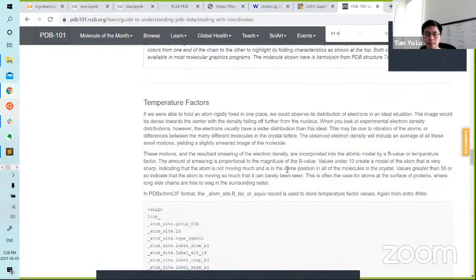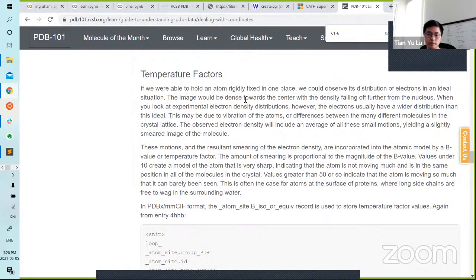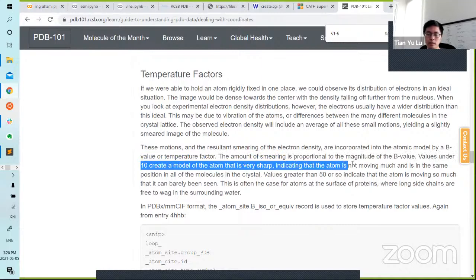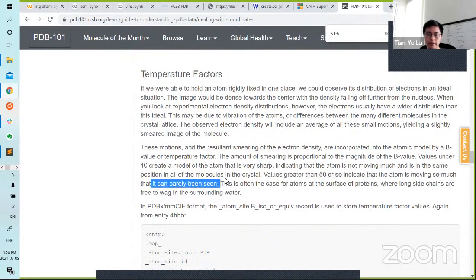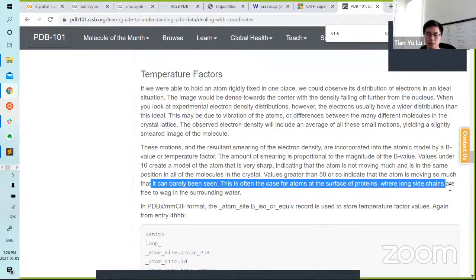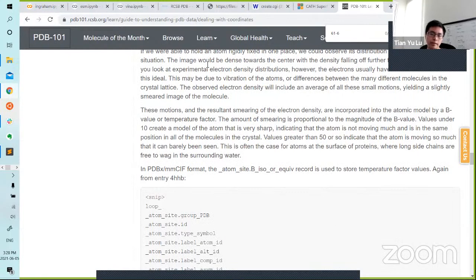So temperature factors, if we were to hold an atom rigidly fixed in one place, you could observe its distribution of electrons. Image would be dense, while these motions result in a smear of the electron density. The amount of smearing is proportional to the magnitude of the value. Values under 10 create a model of the atom very sharp, indicating the atom is not moving very much. Values greater than 50 indicate that the atom is moving so much that it can barely be seen. This is often the case for atoms at the surface of proteins where long side chains are free to wag in the surrounding water. So that's very insightful,